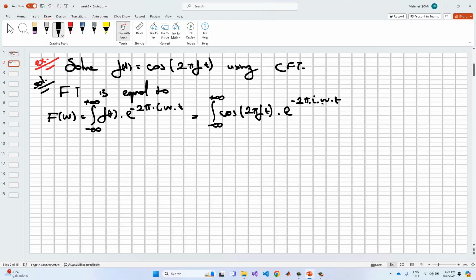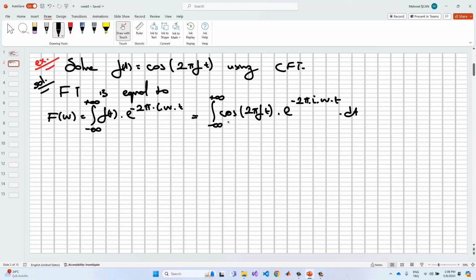This w is the frequency f, not the angular one. Okay? 2 pi w is the angular one. Okay? So we need to solve this equation in terms of the exponential terms, the e number,